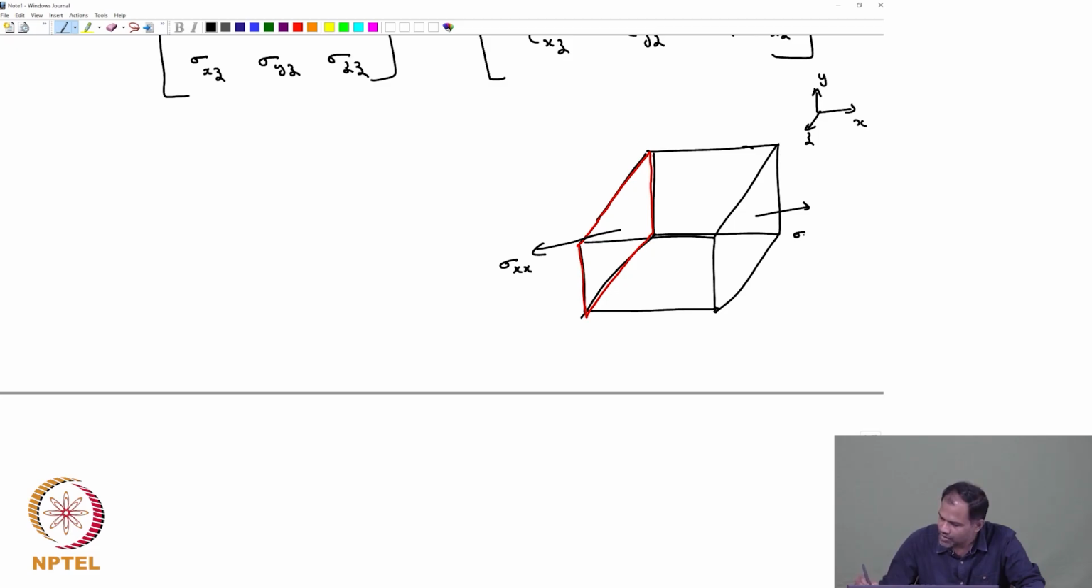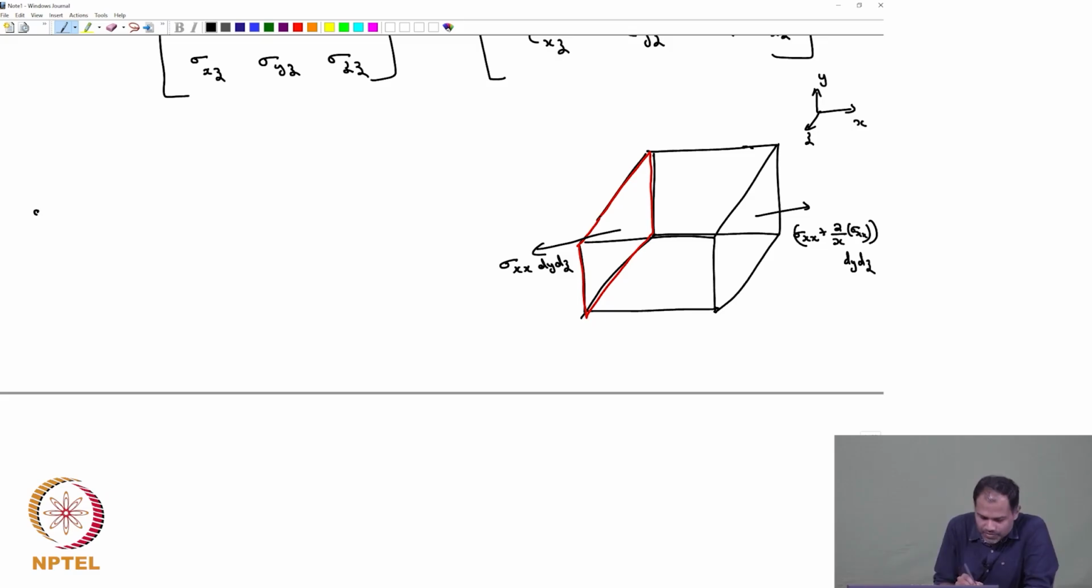Okay. So, if sigma xx is acting on this side, on the other side the stress is going to be sigma xx plus del by del x of sigma xx, or if we want to talk about the force, that is going to be multiplied by dy dz, and on this side as well it is going to be multiplied by dy dz. In other words, the force that is going to come in x direction from this particular component is the difference between the force acting on the left side and the force acting on the right side, which is minus del by del x of sigma xx